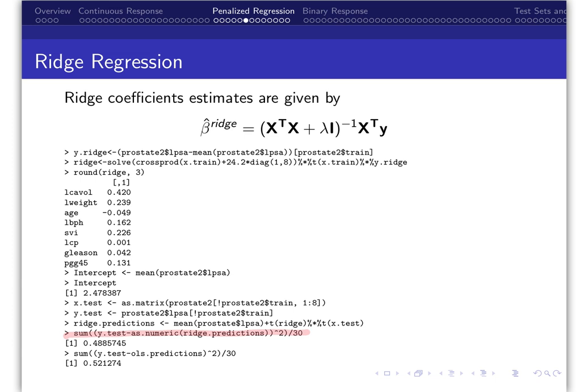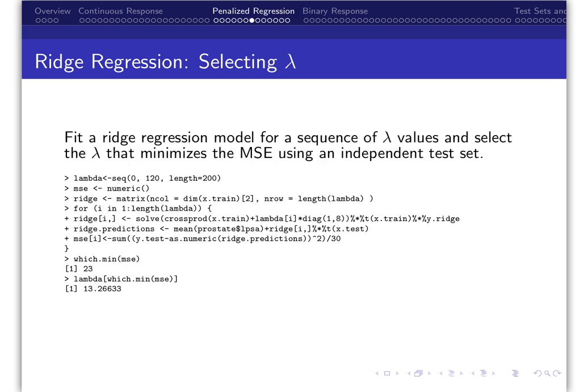Comparing the ordinary least squares and ridge coefficient estimates using predicted mean squared error for the test set subjects, the biased ridge estimates have lower mean squared error, indicating ridge outperforms ordinary least squares for prediction. That comparison, of course, was made for a fixed value of lambda. The question you may have is, how do you select an appropriate value for lambda?